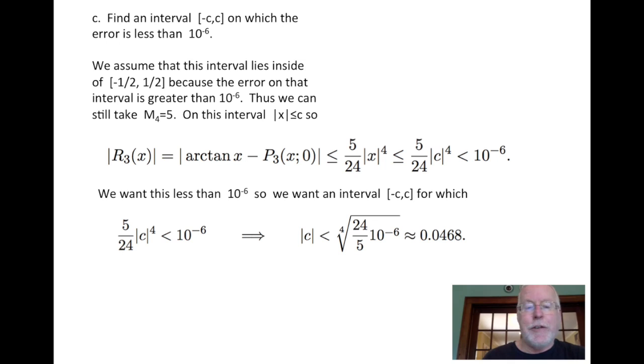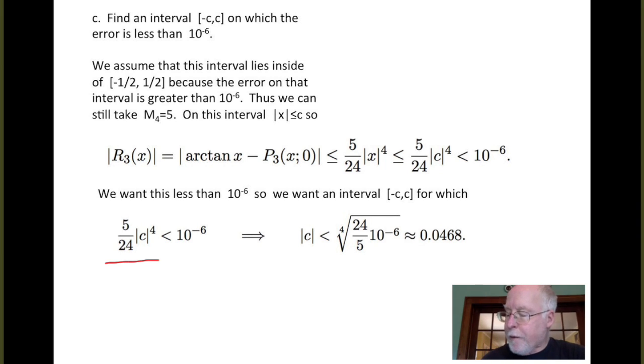So this is an easy inequality to solve. 5/24 c to the fourth less than 10 to the minus 6. We can isolate the c to the fourth by multiplying both sides by 24/5, and then take the fourth root, and we find we get this interval. So this is our c value, the interval on which the P3 is within 1/1,000,000th of arctangent is pretty small,